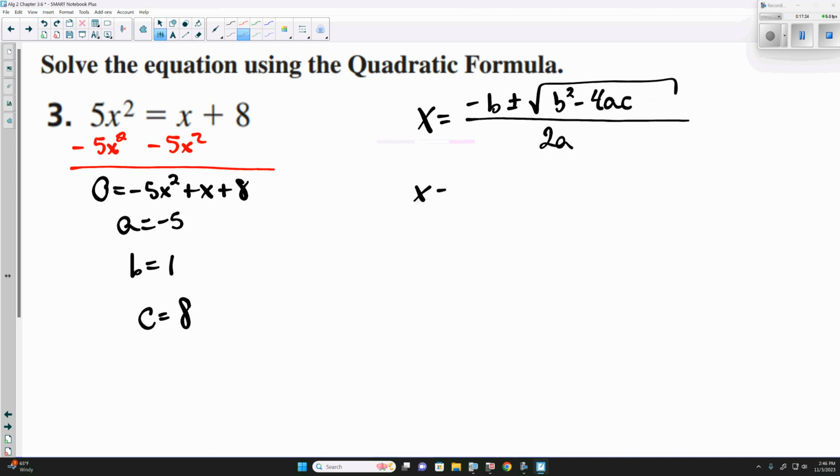Now, do we necessarily have to write out A, B, C every time? No. If it helps you to see what A, B, and C are, do it. You don't have to. We plug 1 in for B, so negative 1 plus or minus square root of 1 squared minus 4. A is negative 5 and C is 8, all over 2